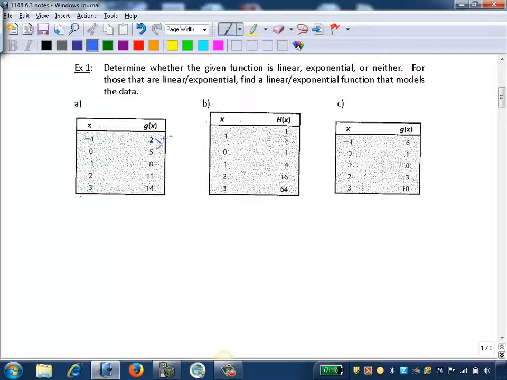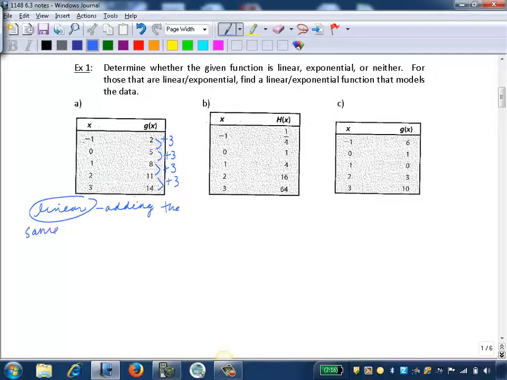So we add 3 each time. So if we're adding the same amount every time, that means it's not going to be exponential, it's going to be linear. So we know this is linear,